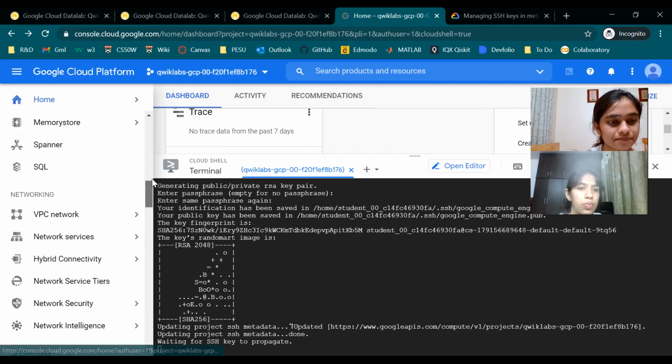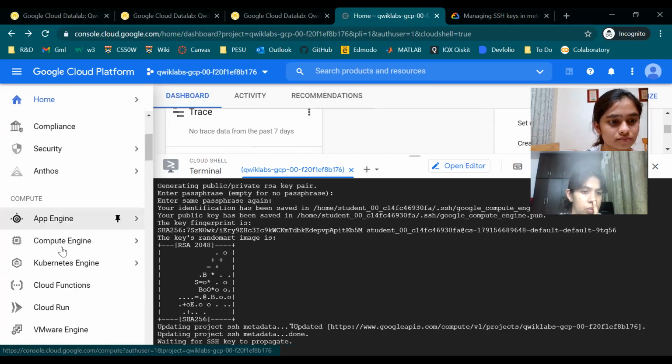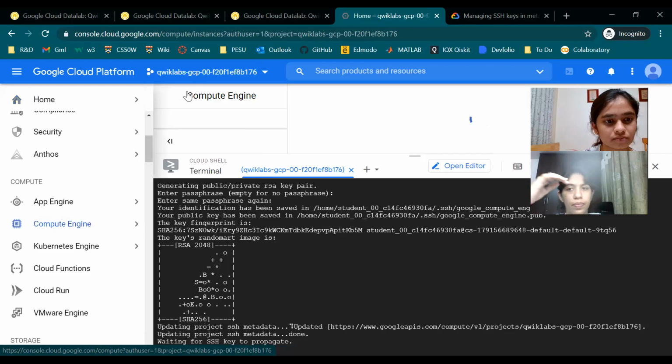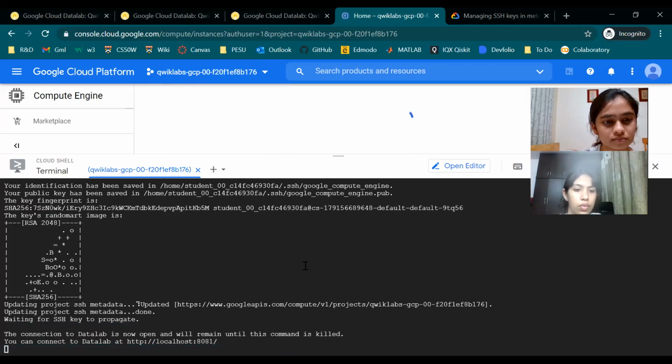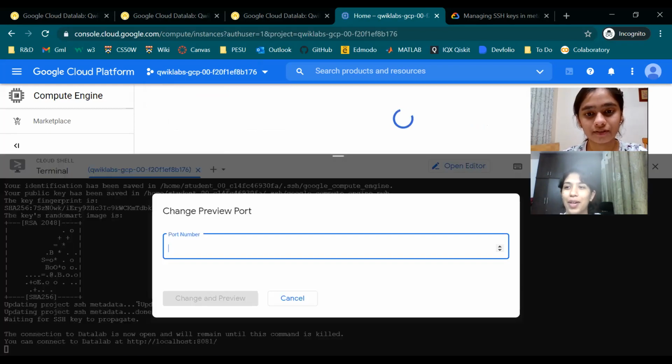Or just go to the VM instance. Its localhost is 8081. Yeah, port 8081. Okay, so I'll go to web preview and change the port. Yeah, that was what I was looking for.